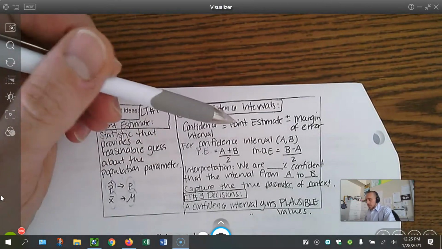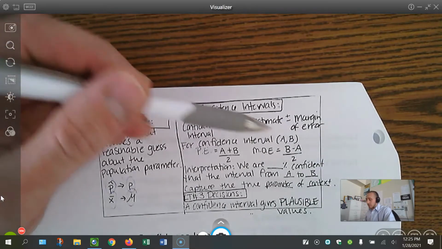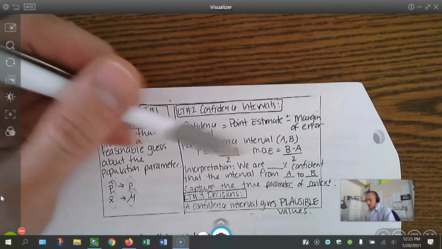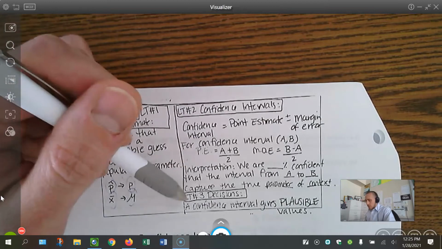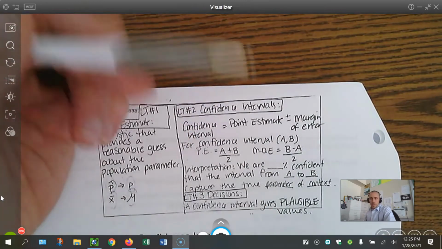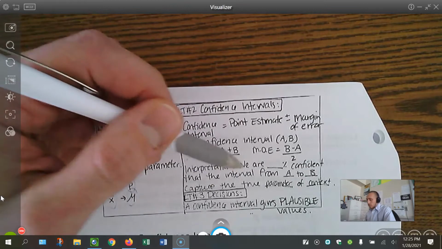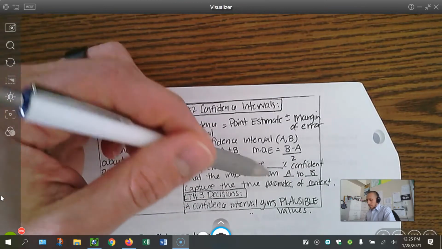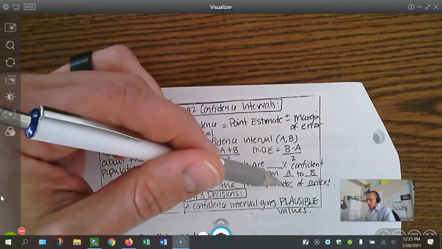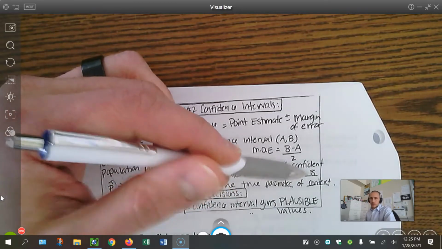We talked about how to construct a confidence interval. You take your point estimate plus or minus your margin of error. We went through these formulas. Interpretation we're going to get to. This is something that we're going to use for multiple chapters. We are blank % confident that the interval from A to B captures the true parameter in context, whatever it